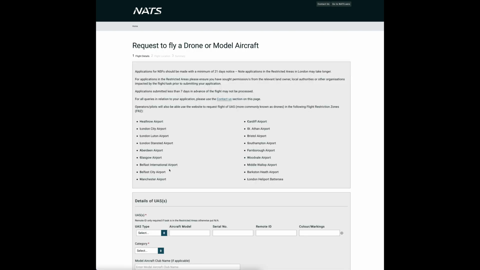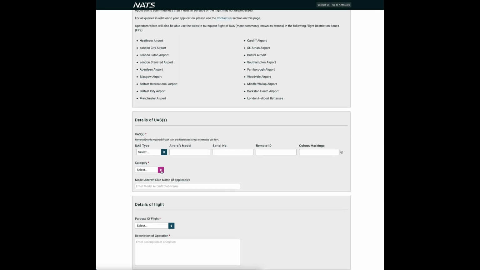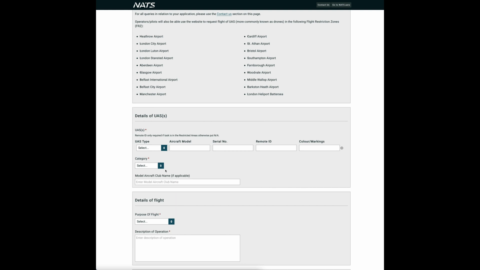This screen will explain the main rules around the flight request and states that they would ideally like 21 days notice, with a minimum of 7. However, if you have, like I do, a good relationship with your air traffic control, you can go as low as 5 days. In the Details of UAS section, you can give NATS the key information about your drone or